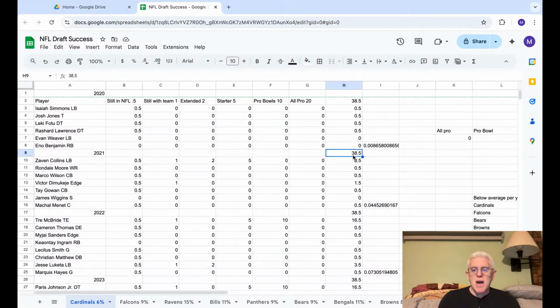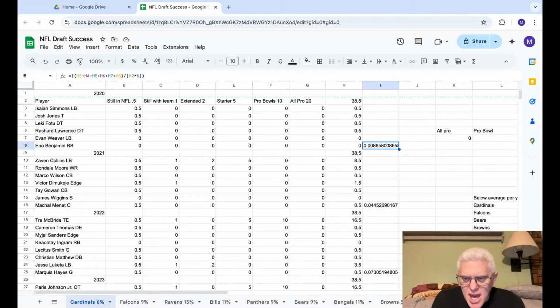So this draft class, this particular class for the Arizona Cardinals, scored not 8%, but 0.8%, 0.9 if you want to be nice and round up. This class was not a very good class for them, because even the guys who are in the league are not on your team in the league anymore. So that wasn't very successful. Meanwhile, though,